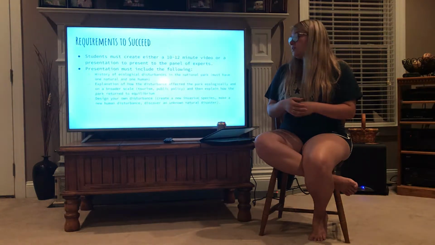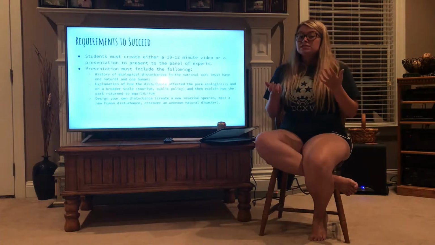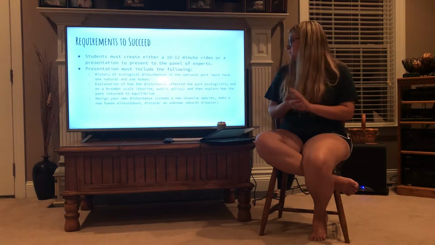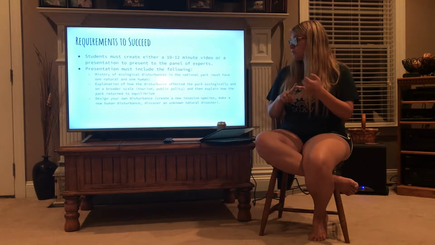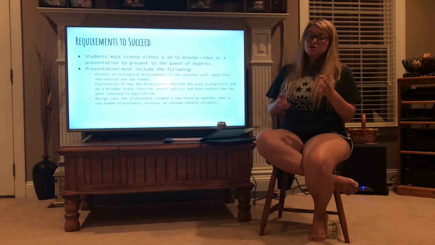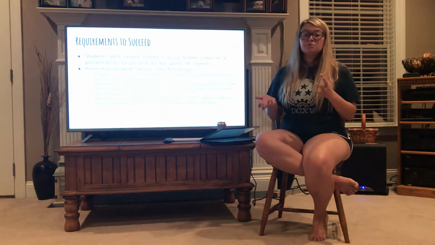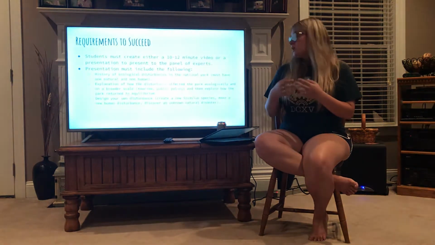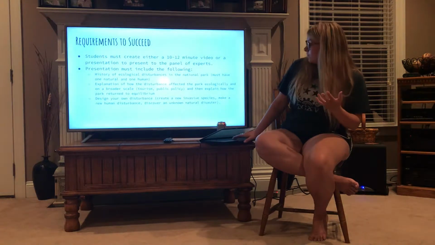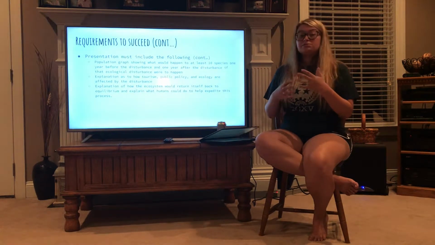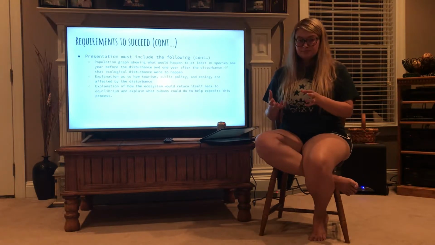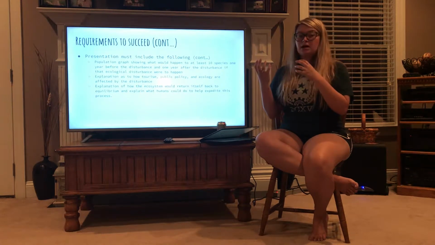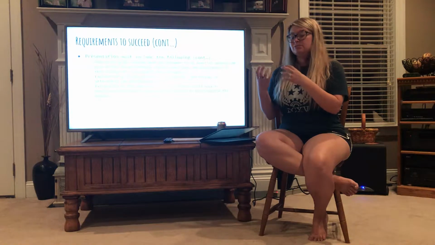And then what the students are going to do is they're actually going to design their own disturbance. So they're going to create a new invasive species, or they're going to create a new human disturbance, or they're going to discover an unknown natural disaster. They can get as creative with this as they want to be, and they are going to make their own, and then they're going to make a population graph showing what exactly would happen if this ecological disturbance were to